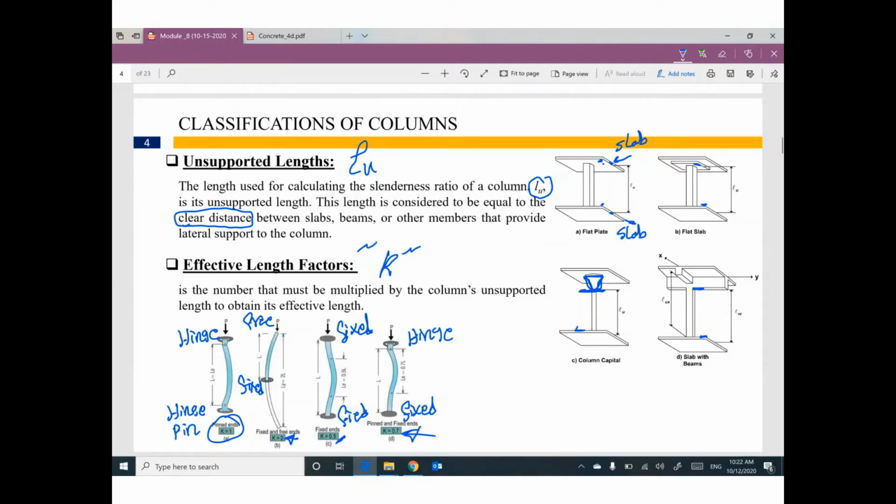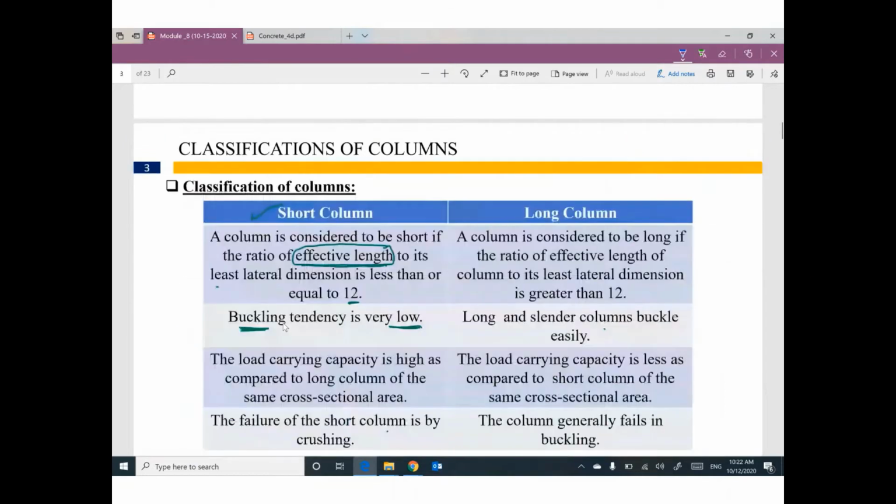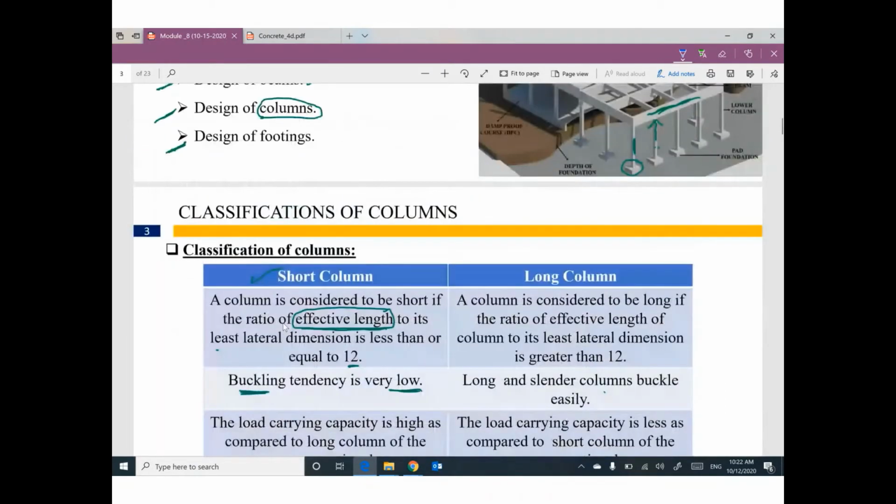Based on the column and the slabs and the beams, I can figure out the unsupported length. If you would like to get the effective length of the column, multiply K times LU. The effective length factor K times the unsupported length of the column. This term is very important. Effective length. So if you would like to divide the effective length by the least dimension, you know, guys, your column